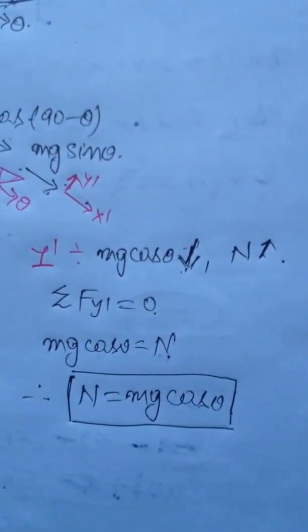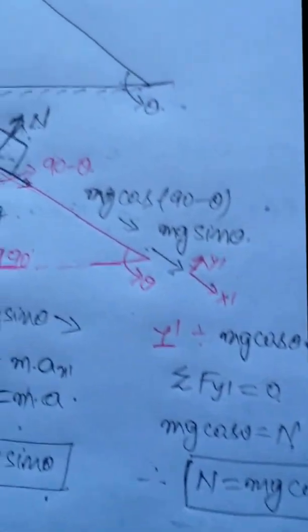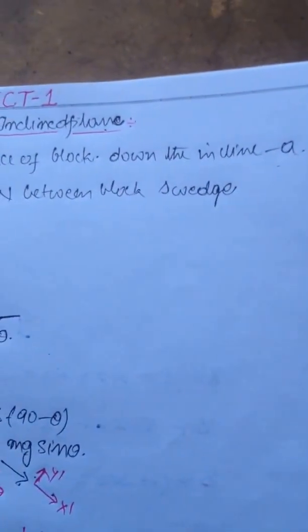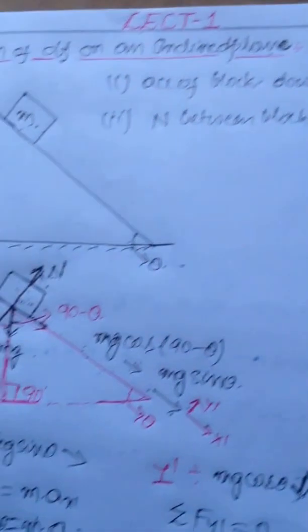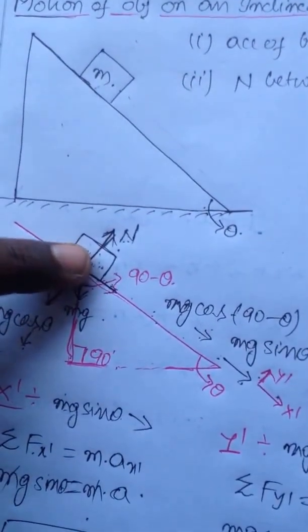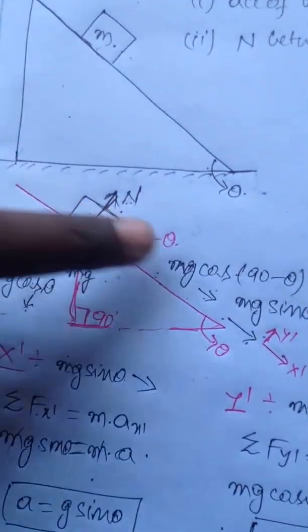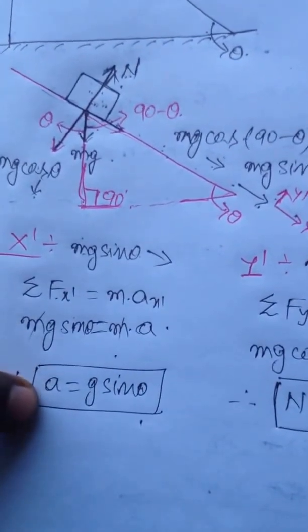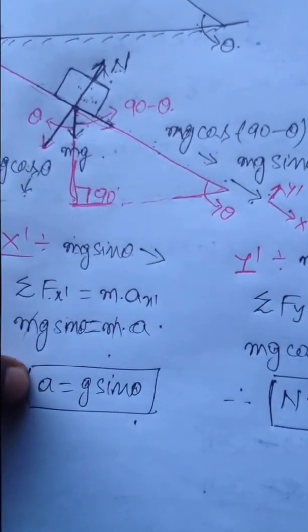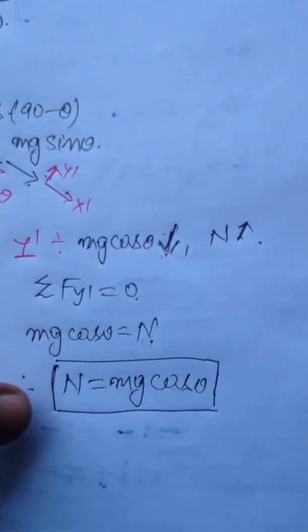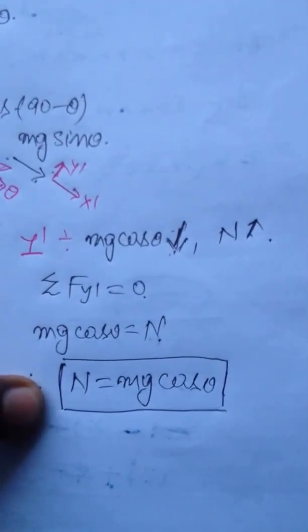Okay, so this is the overall thing regarding the motion of an object on a fixed inclined surface. Have a look at the diagram and the questions, and then look at the solution. First, I considered the free body diagram of the block with respect to an inertial frame, that is earth. I resolved the forces and analyzed the motion down the inclined direction. I have written the equation of motion down the inclined direction, through which I calculated the acceleration of the block, and along the vertical direction I analyzed the motion, through which I calculated the normal reaction between the block and the wedge.